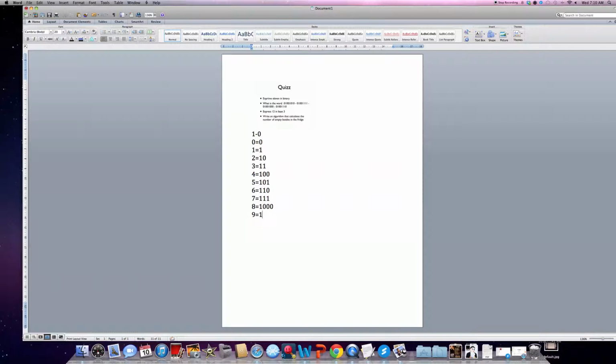9 equals 1 0 0 1. 10 equals 1 0 1 0. And 11 equals 1 0 1 1. That's the answer. Perfect, done. It's slow. If you want to know the methodology of solving binary, you're able to do a very simple, quick method,